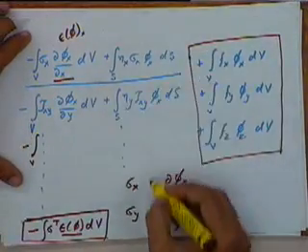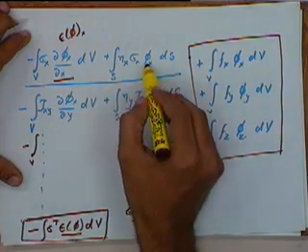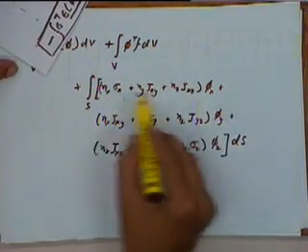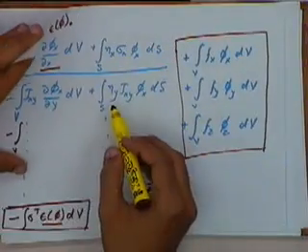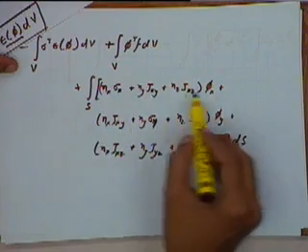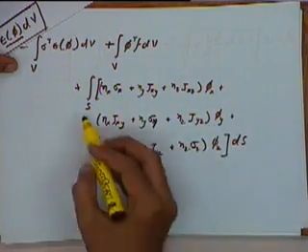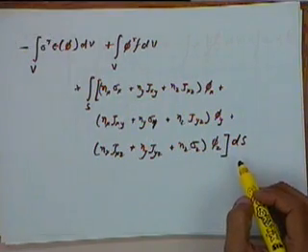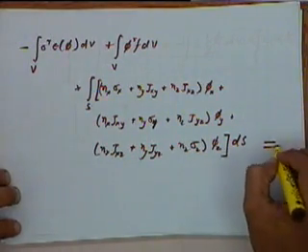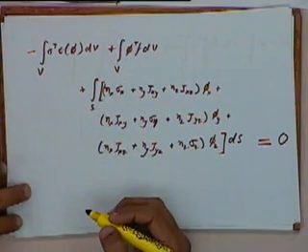These are the terms obtained by collecting these terms. This term is nx sigma x phi x, this is ny tau xy phi x. I have collected all these terms together to give me this surface integral. And then we are saying that all this will be equal to 0.